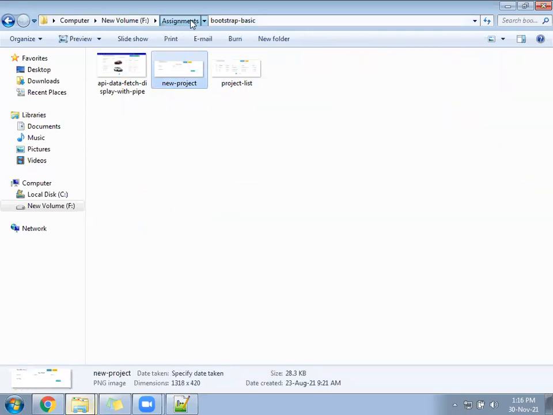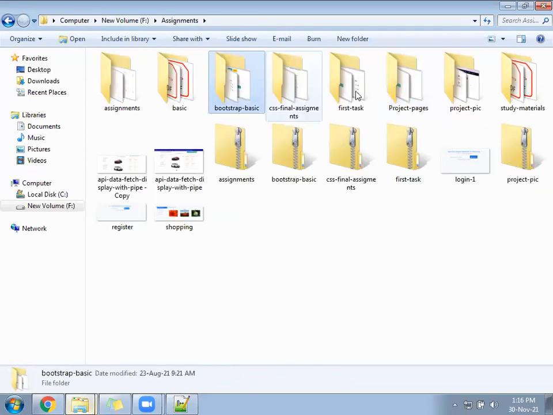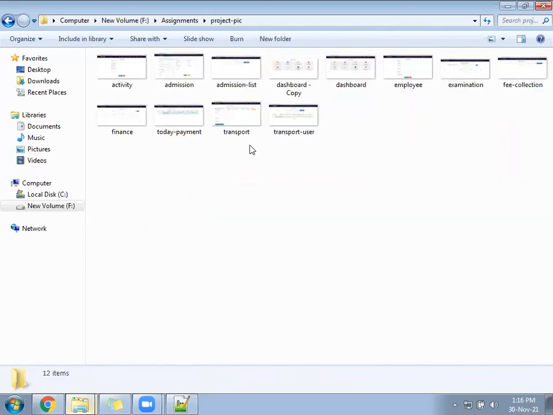This one was the same. Project pic. WhatsApp now I can't connect. This one.